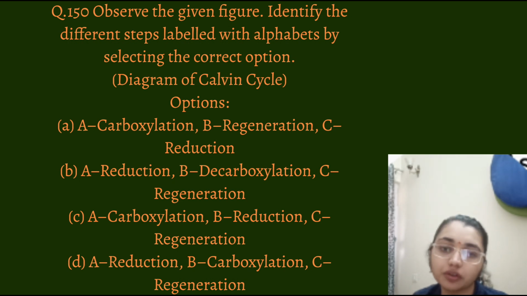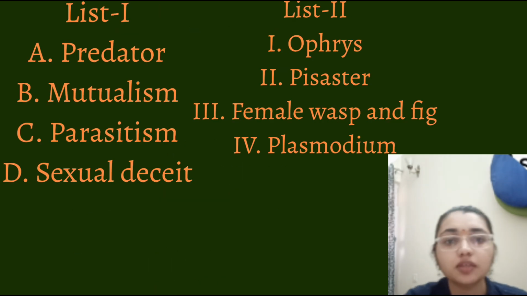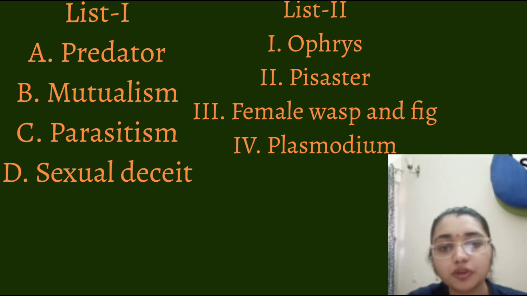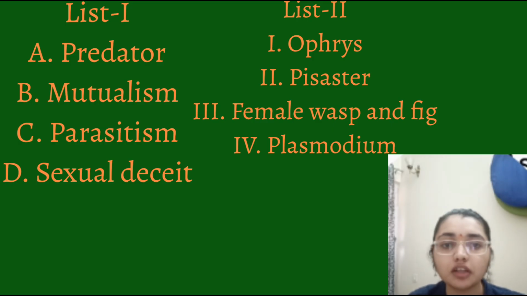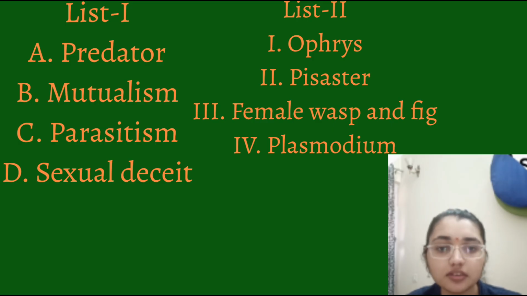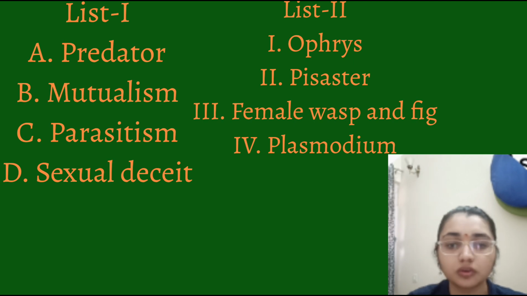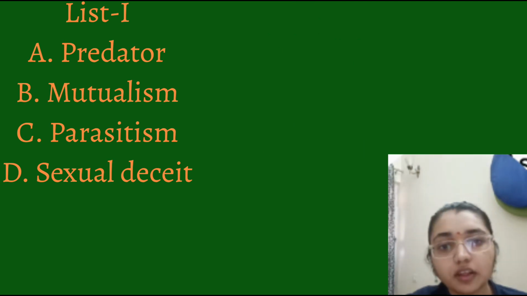There is a match the pairs here: predator, mutualism, parasitism and sexual deceit. So here D is pairing with 4, that is Plasmodium. Female wasp and fig, that is 3, is pairing with the parasitism. Mutualism is pairing with 1, that is Opuntia, and predator, that is Pisaster, A is pairing with 2. Next, again